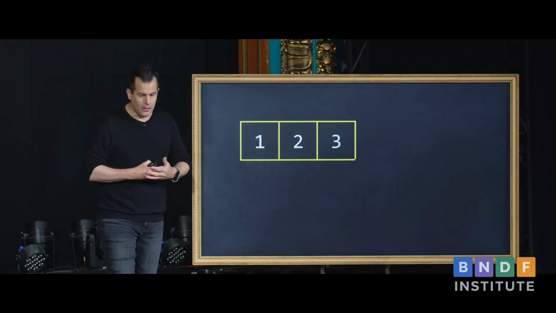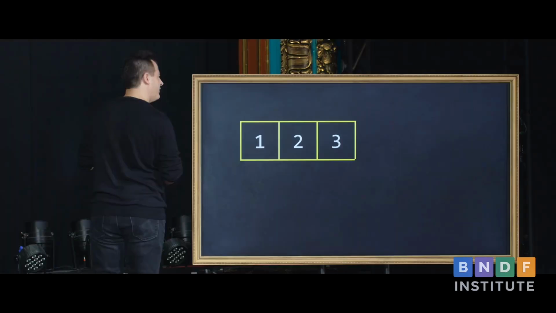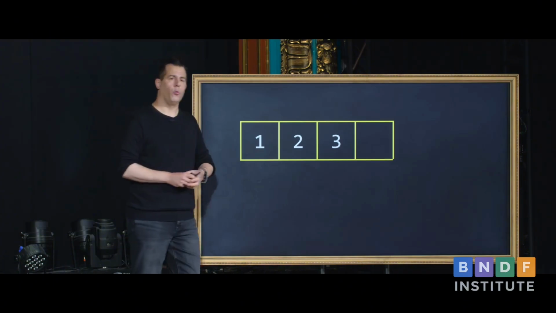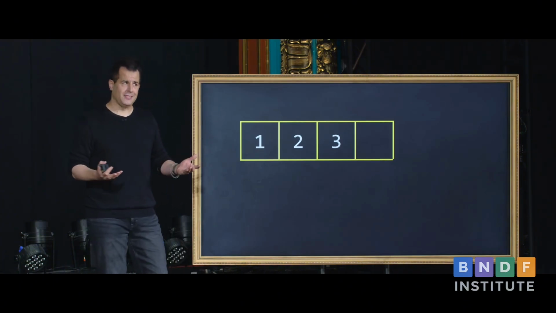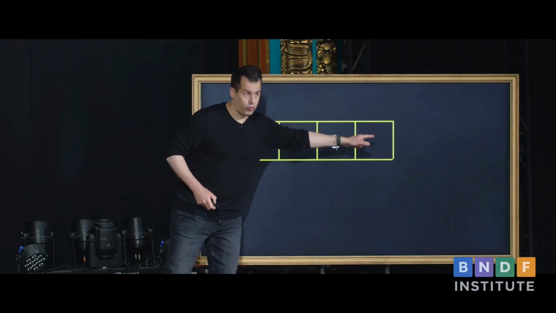Now suppose that for whatever purpose, we want to store a 4th value inside of the computer's memory. Maybe these numbers are not quite as trivial as 1, 2, 3. Maybe each of these represents a phone number or a name or some other value that you want to store inside of the computer's memory. And it stands to reason that eventually you might want to add a 4th one. Now, it's pretty obvious that according to this story, if we're using an array, that 4th value should go right